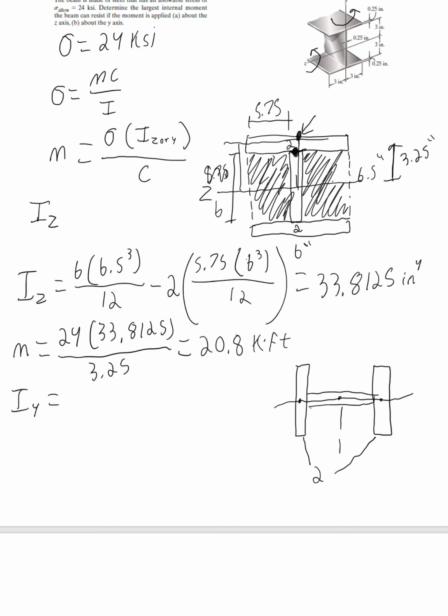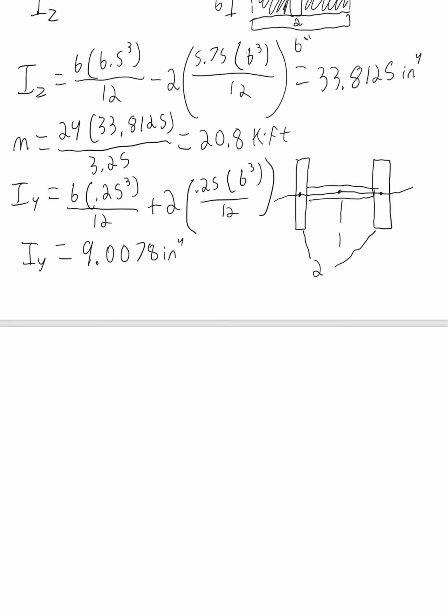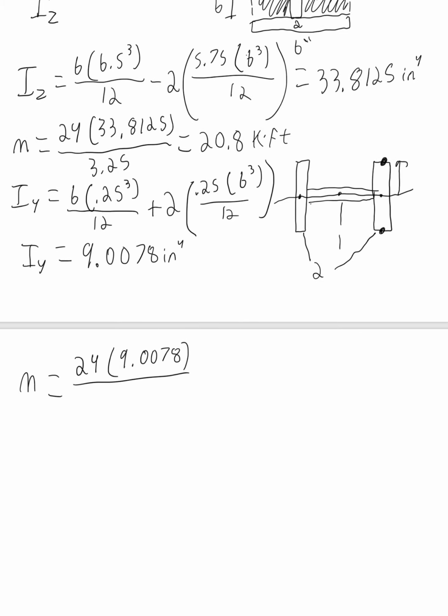So shape 1 has a base of 6 inches and a height of 0.25, plus 2 times shape 2, which has a base of 0.25 and a height of 6. So we get a moment of inertia about the y-axis of 9.0078 inches to the fourth. Plugging that in again, we get moment equals our stress, 24, times I, 9.0078, over c. In this case, it's going to be to the highest point, which is right here, or right here, same thing, and that is 3 inches out. So we get 6.00 kip